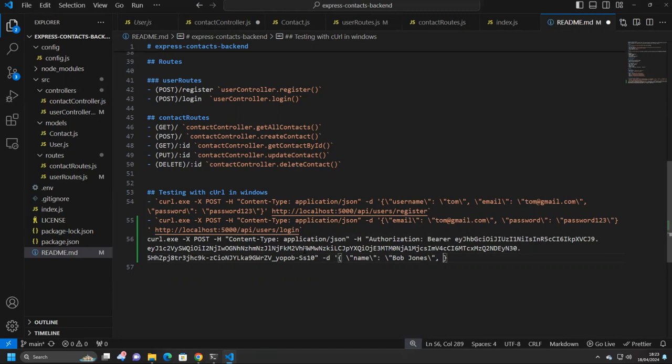Then we need the email. So backslash quotes, email, backslash quotes, colon, backslash quotes, bob@gmail.com, backslash quotes, comma,